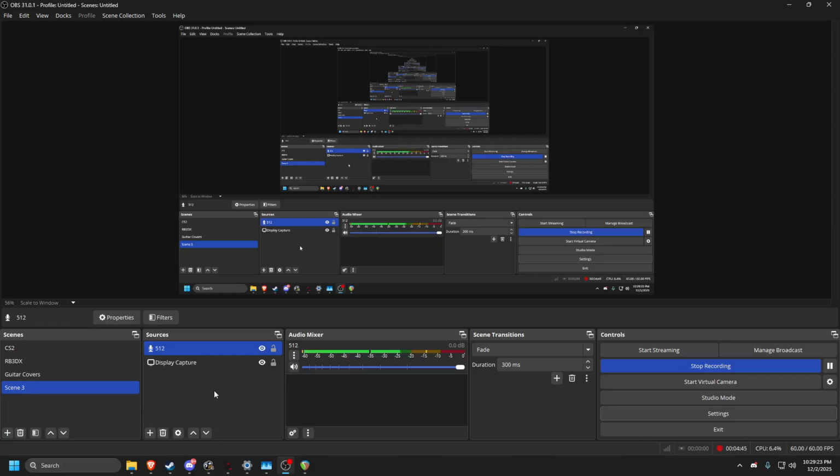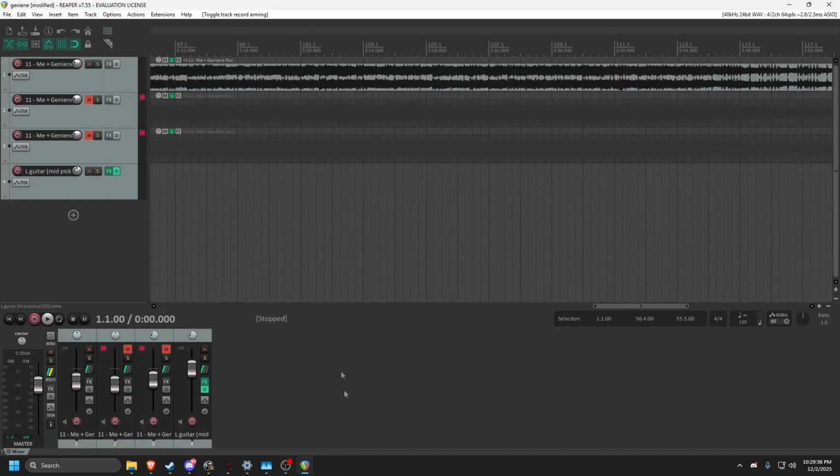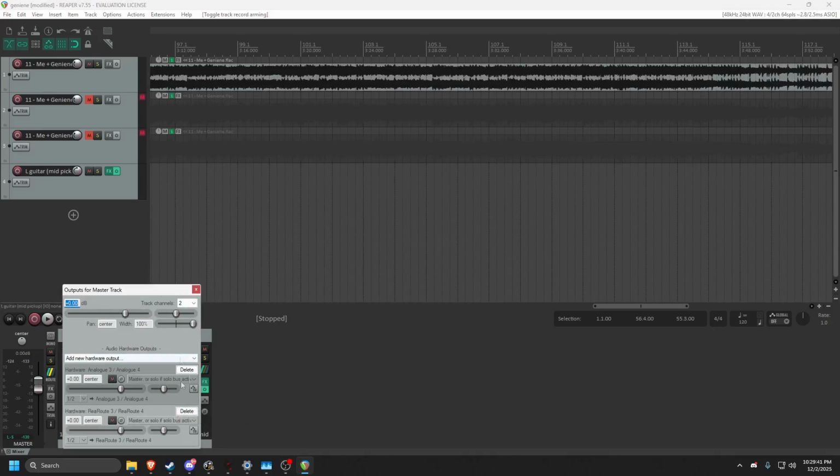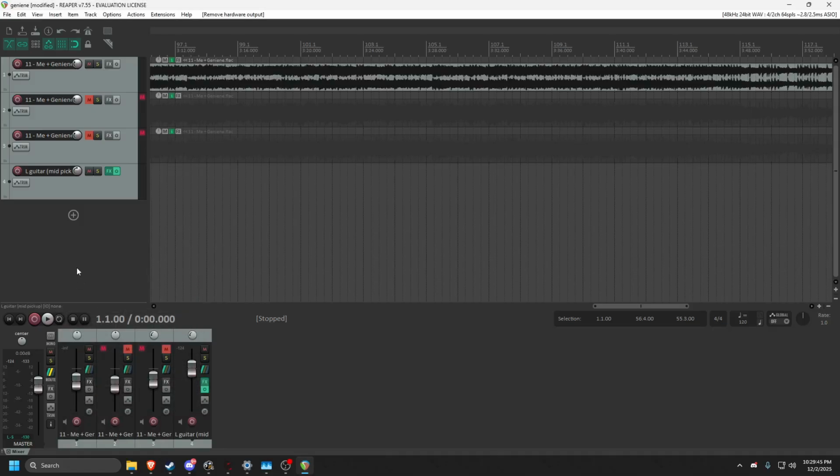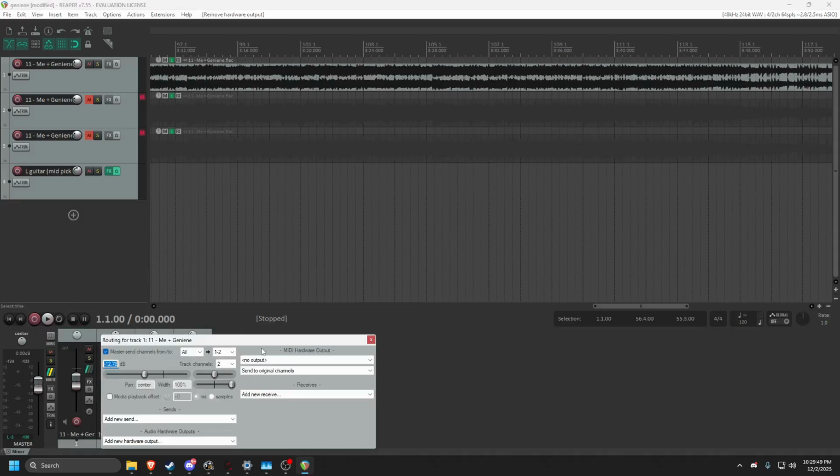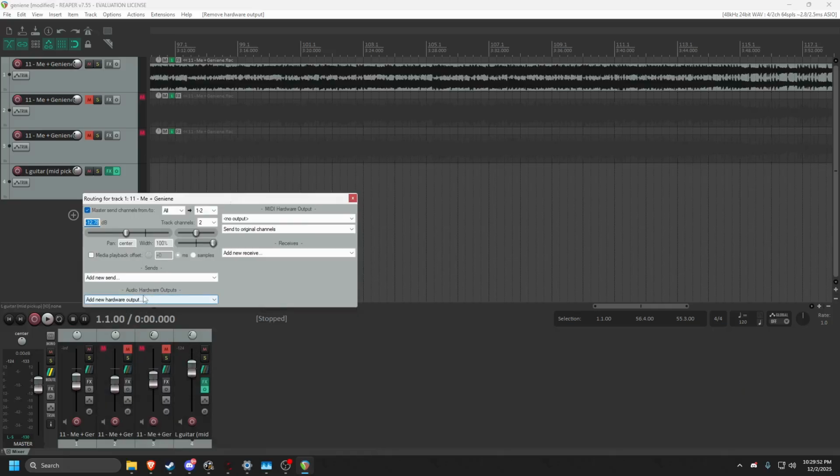So once you have Reaper installed and OBS ASIO and OBS, what you're going to do is, first of all, probably restart both applications if you started either of them. Second of all, go into your Reaper. Now, I actually have this set up wrong because I didn't save the file last time I did this, but this is what I did for my video. So go to these three lines here. This is your send receive. Under audio hardware outputs,